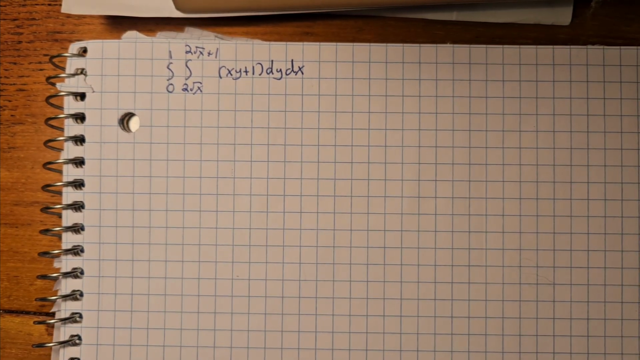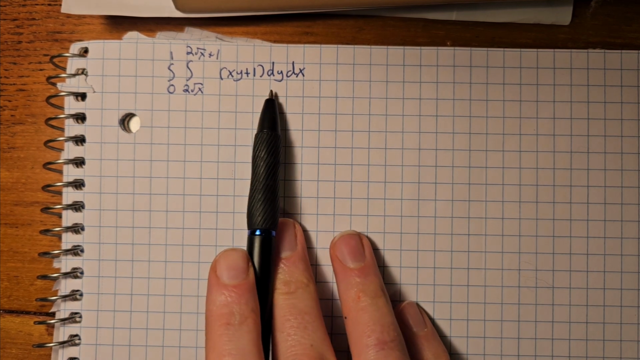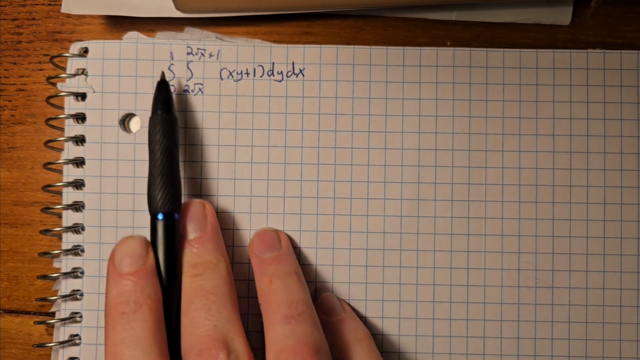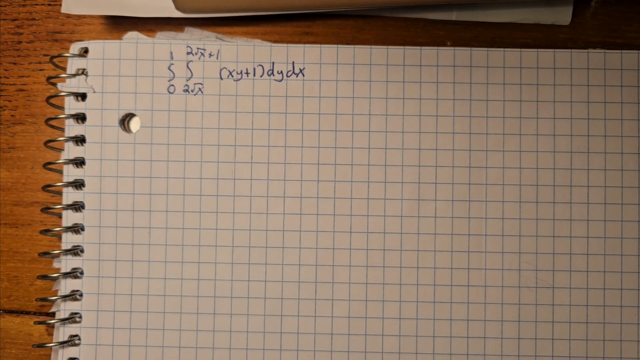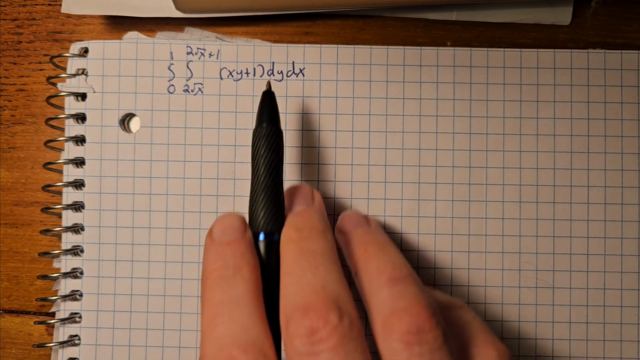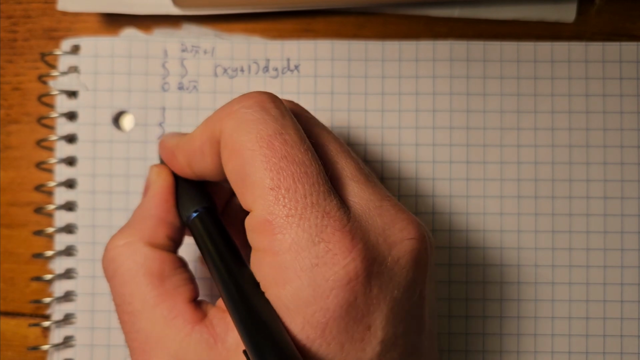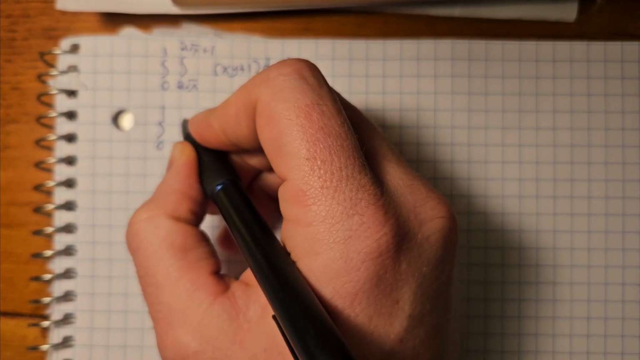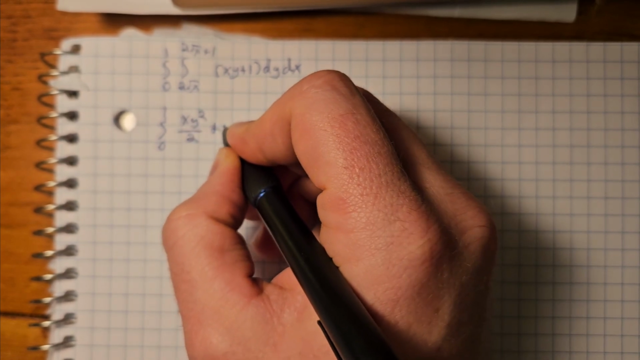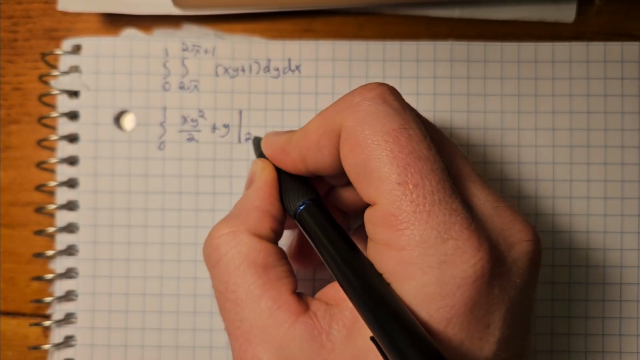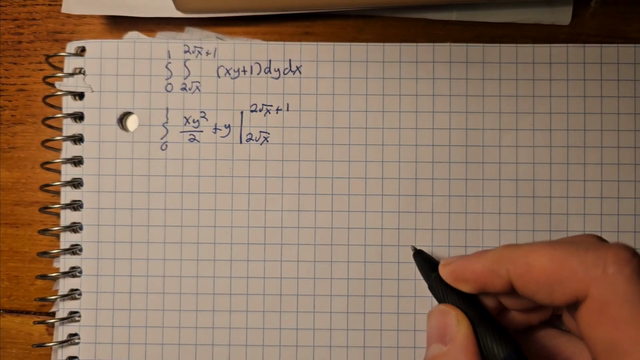I selected the double integration problem, integrating the function xy plus 1, where x goes from 0 to 1, and y going from 2 radical x to 2 radical x plus 1. To start this, since dy is first, we're going to integrate by y first. So integrating with respect to y, that will give us xy squared over 2 plus y, going again from 2 radical x to 2 radical x plus 1, making sure